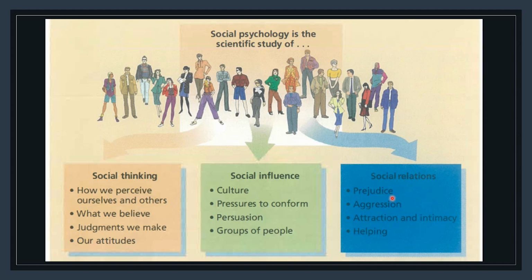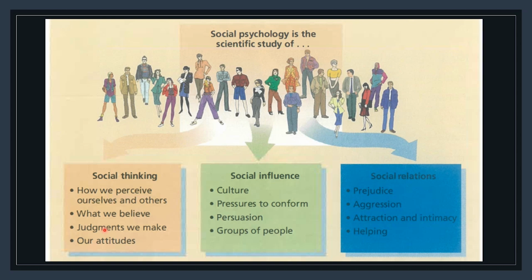And on the other hand, we may have a positive relationship with others and perhaps show attraction and intimacy, or help other people who are in need, right? And we obviously help people we know, like friends and family members, but we also sometimes offer help to complete strangers, somebody we don't know. So what are the conditions that determine whether we have those kind of positive interactions with each other, or why in some cases we have negative interactions, like hurting somebody?